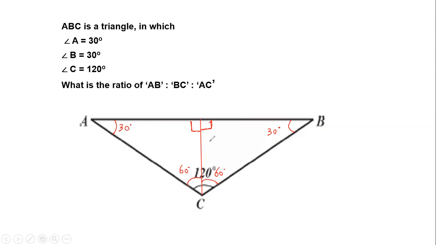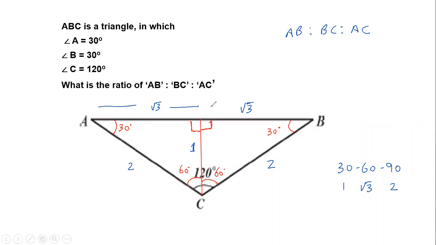Now if I write down the ratio, the side in front of 30, 1, the side in front of 60, root 3, the side in front of 90, 2, because I directly know the fact that whenever the angles are in the ratio of 30, 60, 90, the sides will always be in the ratio of 1, root 3, 2. Similarly, for the other triangle, the side in front of 30, already 1, the side in front of 60, the ratio will be root 3, and the side in front of 90, the ratio will be 2. Now, you acknowledge I can directly write down the ratio of AB is to BC is to AC. Now, what is AB? It's actually root 3 plus root 3. That will become 2 root 3.